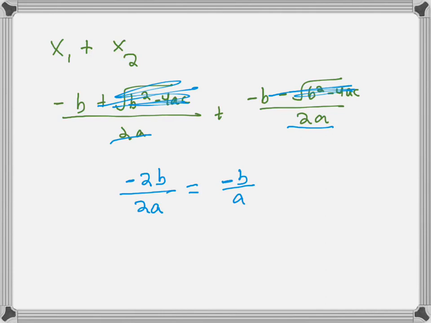You can always just try this on the test. And now we're going to do a few examples. And really, this isn't that bad. You just have to remember negative b over a and c over a. Okay. So, with our first example, it says find a quadratic equation that has the roots of 7/5 and negative